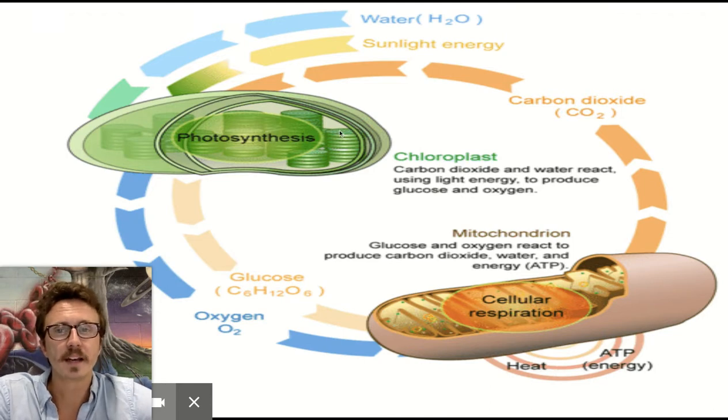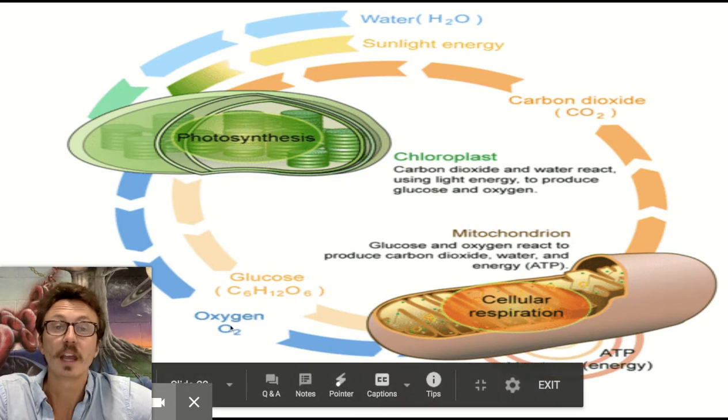So in a plant and an algae, photosynthesis takes place in the chloroplast, and in the chloroplast we can find the light-trapping pigment chlorophyll, which is why the chloroplast is green. Chlorophyll will trap or absorb solar radiation or sunlight energy, and with that absorbed energy, the chloroplast is then able to take carbon dioxide from the atmosphere, water from the roots, and through a chemical reaction produce glucose and oxygen